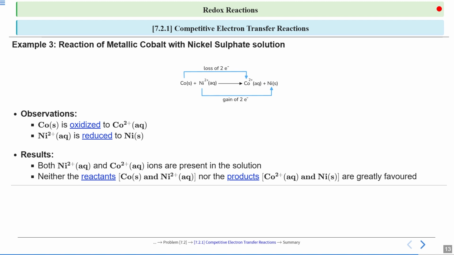In which one the species gets oxidized and in which one it gets reduced. So we have concluded over here that zinc releases electrons to copper. In the first case, zinc releases electrons to the copper, while in the second example, copper releases electrons to silver. And therefore, the electron releasing tendency of the metals is in decreasing order of zinc, then copper, and then silver. That means zinc has the highest tendency, then copper, and then silver.